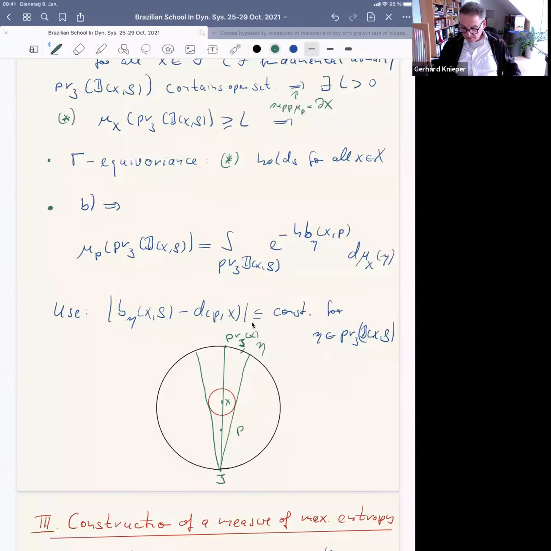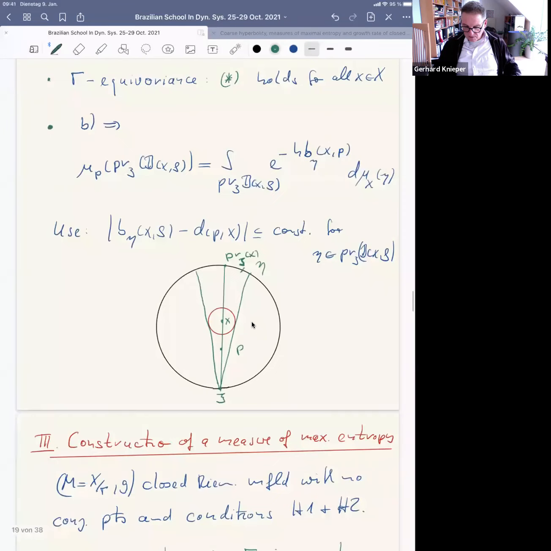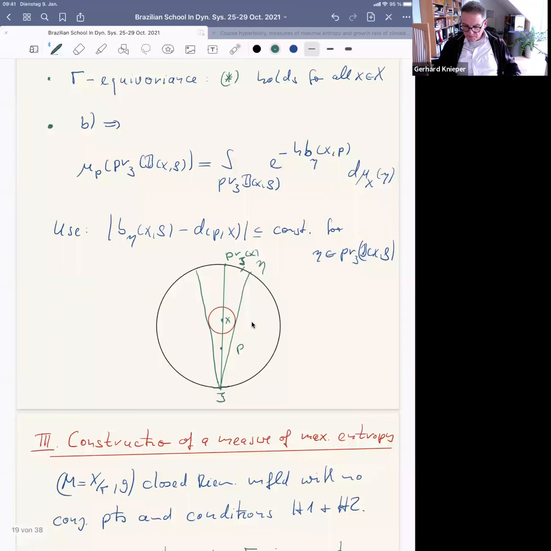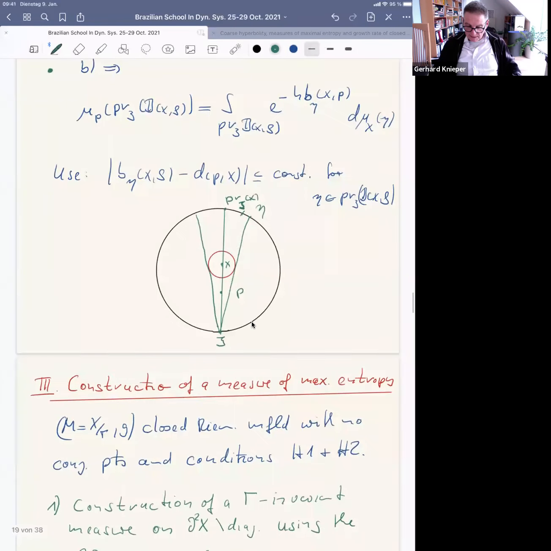So it would be natural to take a product measure on the boundary, but if you do that, you take the product of two Patterson-Sullivan measures. It will work. It will give you an invariant measure for the geodesic flow. Unfortunately, it will not be Gamma-equivariant. You want to have a measure which is defined upstairs, but should somehow descend to a measure on the quotient, on the unit tangent bundle of the quotient. And for doing this, you need